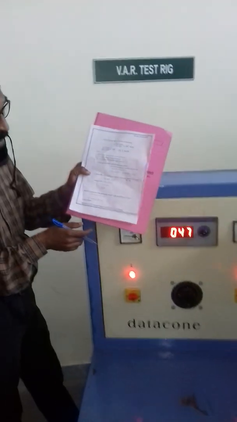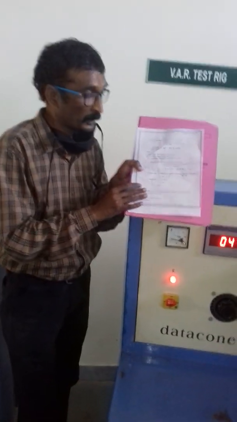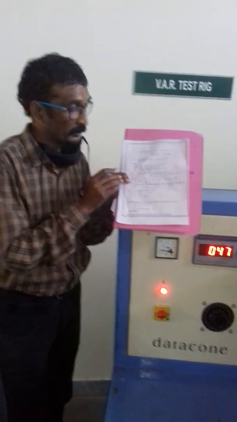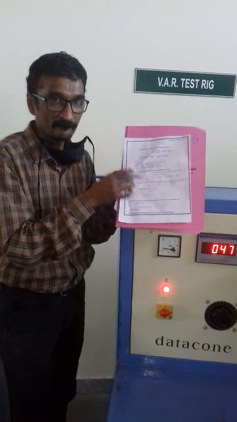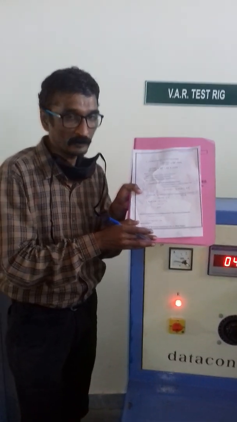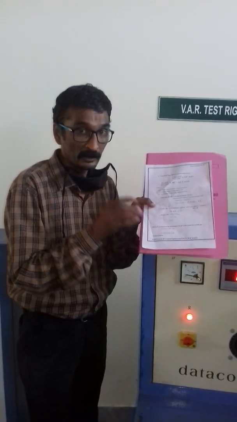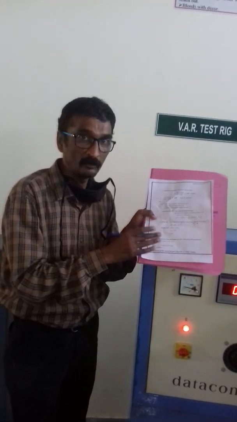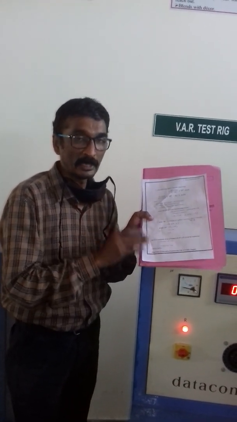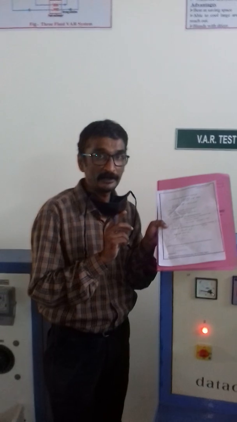It is given in the chart, in the handout. This handout will be sent to you on the WhatsApp group. Readings will be given to you in the group. You will go through all the calculations, put the values in, and find the answer. If you face any problem while calculating, you can contact me or Pankaj sir to get your query solved. Again, you will write the answers to the Viva questions, which will also be in the handout. You will put everything in the file, and whenever you are asked to submit the file, you will submit it.